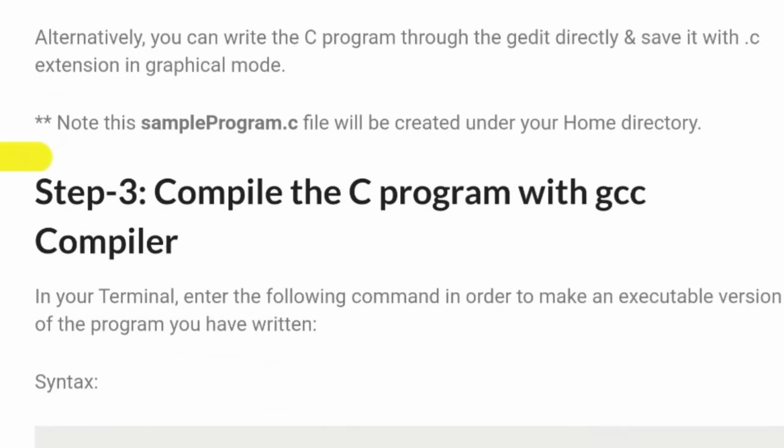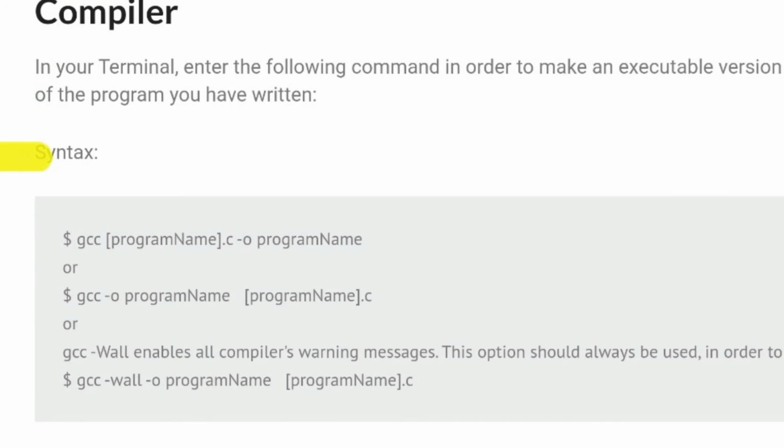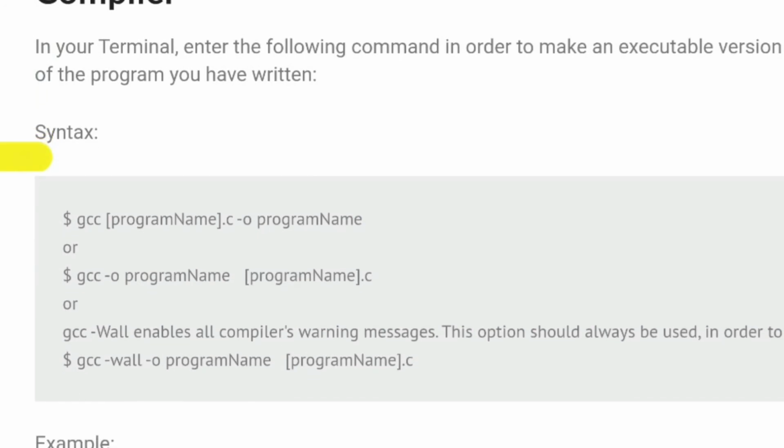Now move to step 3, where we need to compile a C program using the GCC compiler. There are several ways of compiling a C program. First command is this one: gcc your program name.